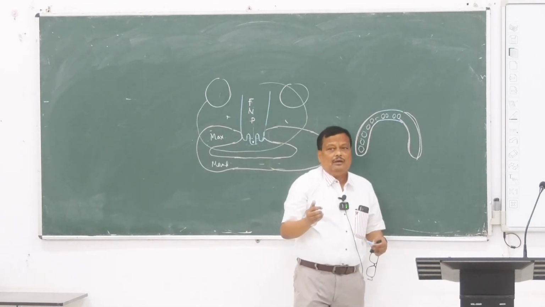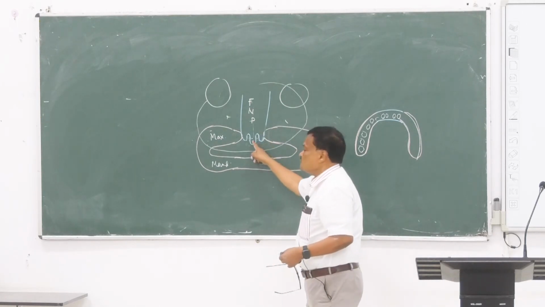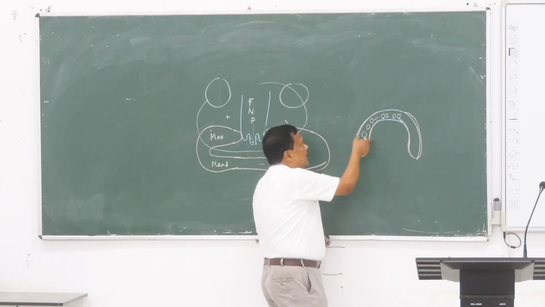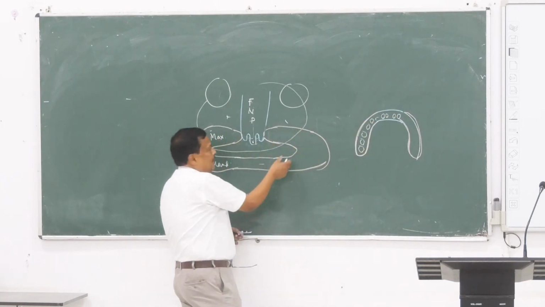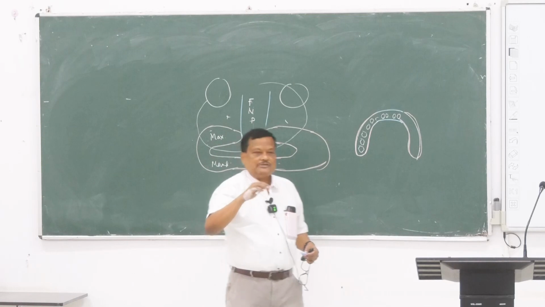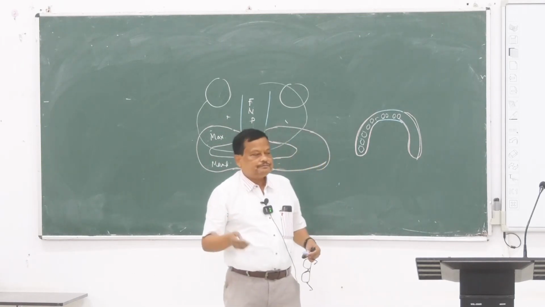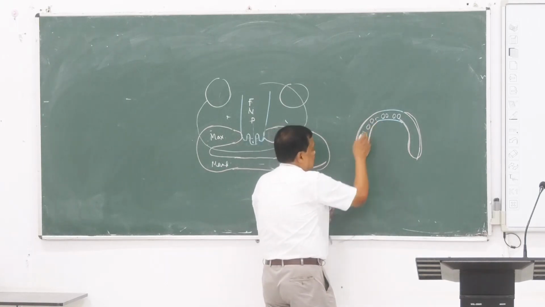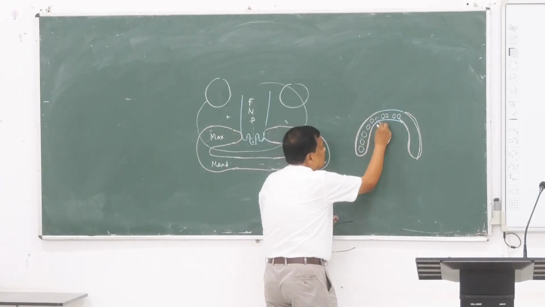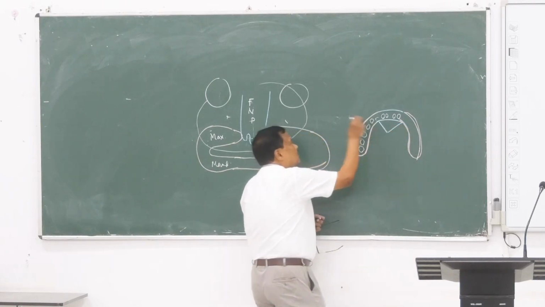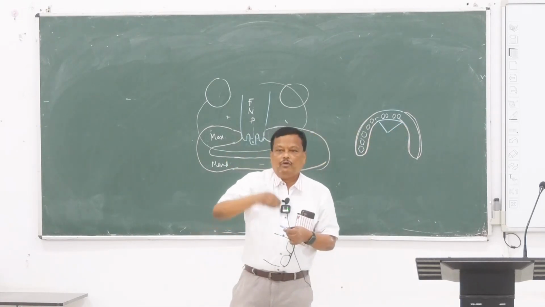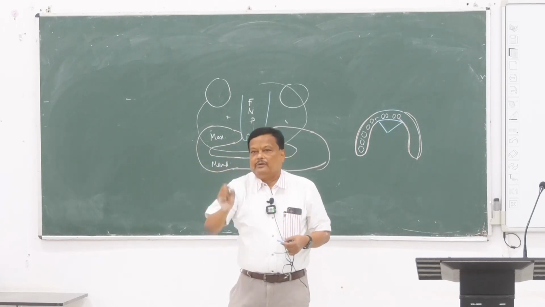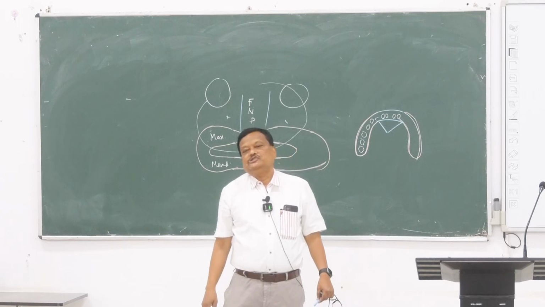Or rather, more specifically, the median nasal process will bear these four incisor teeth, and the rest of the teeth will develop in the maxillary process, that is, in the maxilla, right? And I've already told you, it gives a plate horizontally, a triangular plate. The frontonasal process gives a horizontal triangular plate, and we call it the premaxilla.